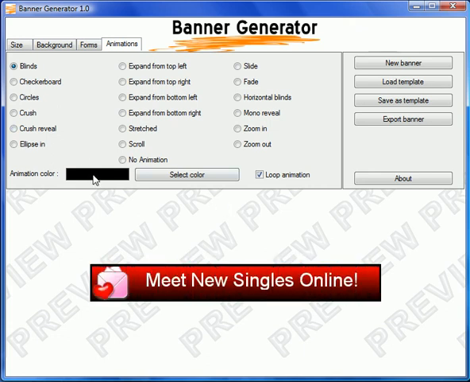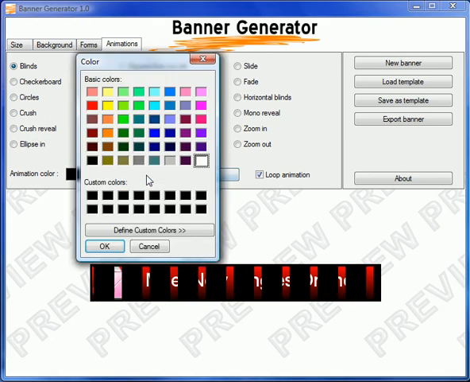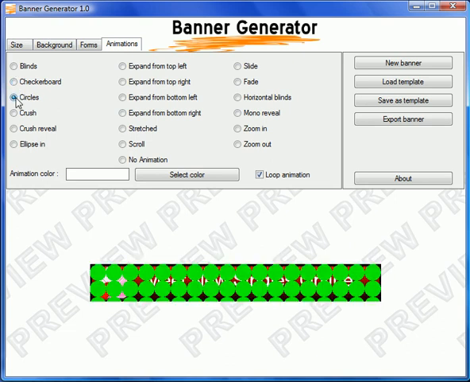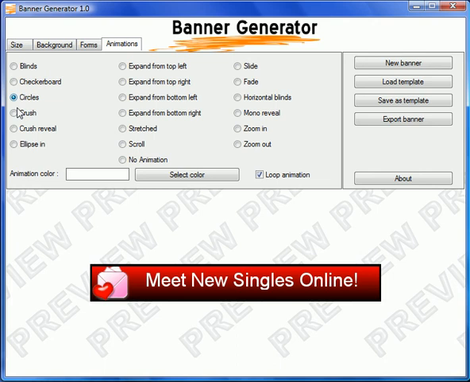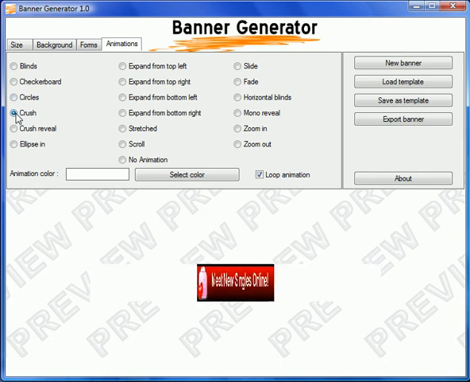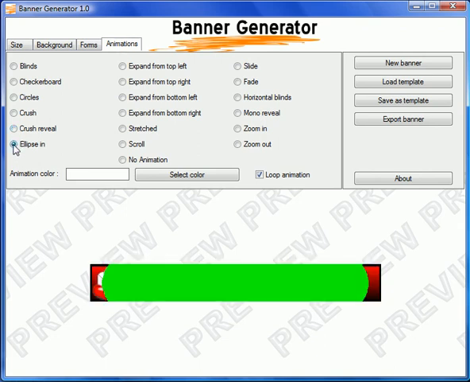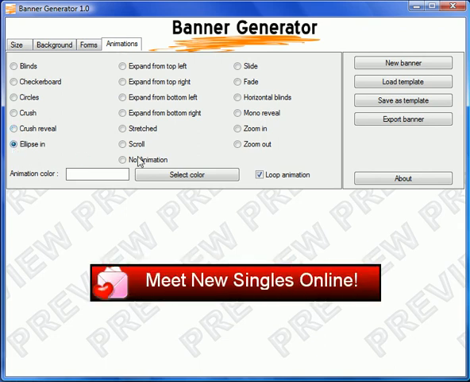You can also change the background color here, so if you're on a white website and you want everything to blend in, you could just change it to white. Okay, now here's the checkerboard, the circles, crush, reveal, ellipse in,